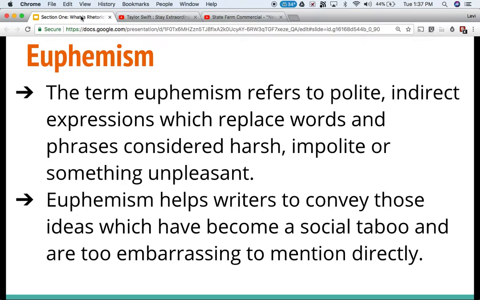Next one is euphemism. The euphemism is where we refer to something that we as Americans or as people find kind of maybe rude or disgusting or taboo, like we don't want to talk about it, and we say it in a way that makes it sound a lot better. So for example, toilet paper sounds kind of harsh, kind of terrible. The word toilet is not a fun word to say, or not a positive word usually, and so they changed it to bathroom tissue. That's a euphemism. That's a way of saying something nicer than what you really mean.